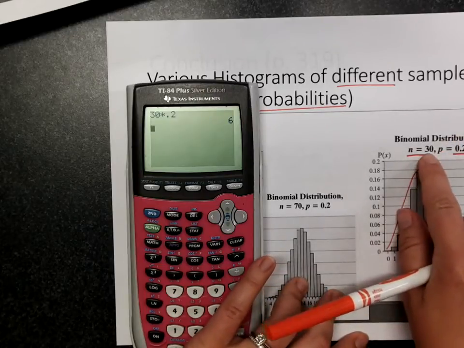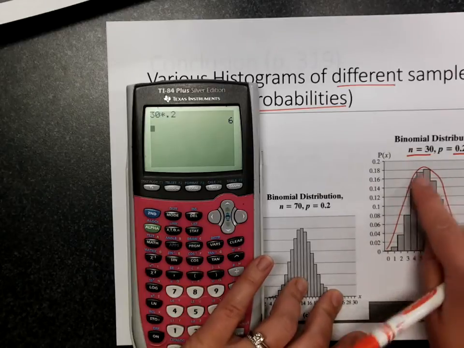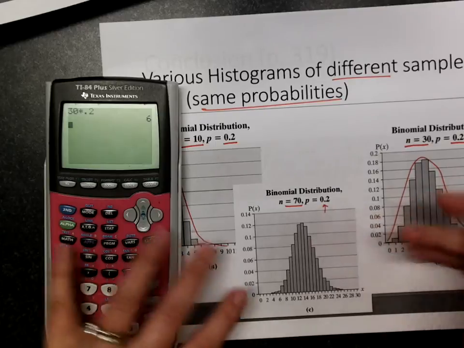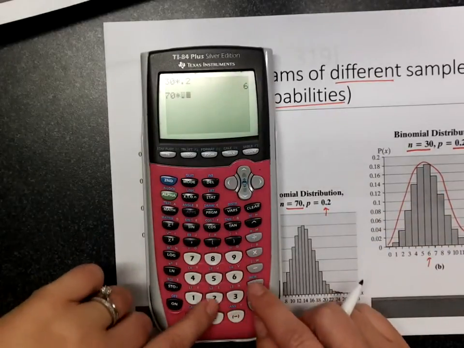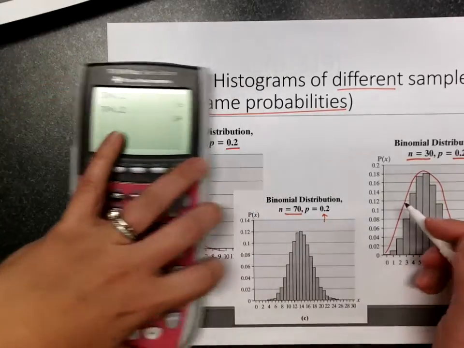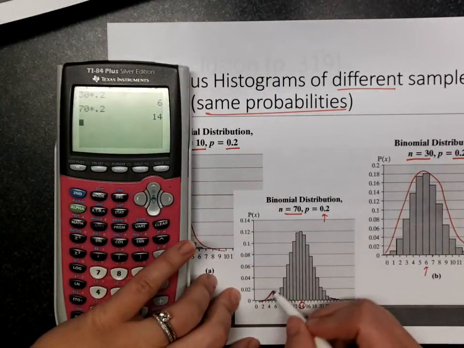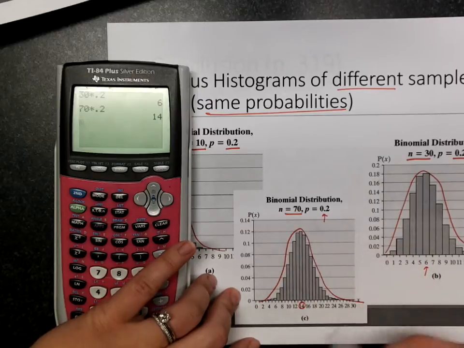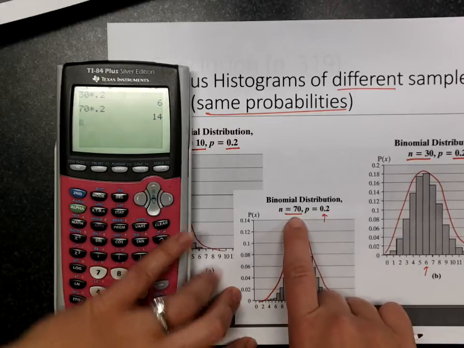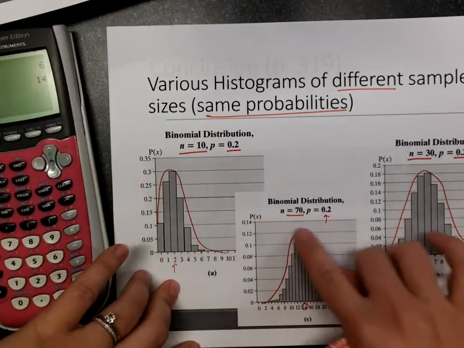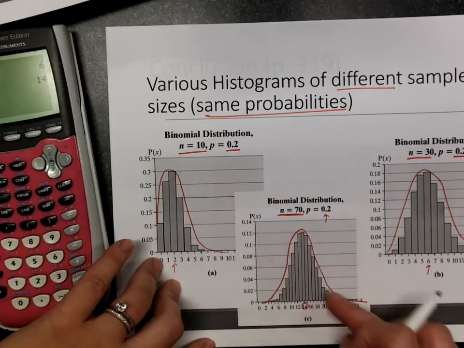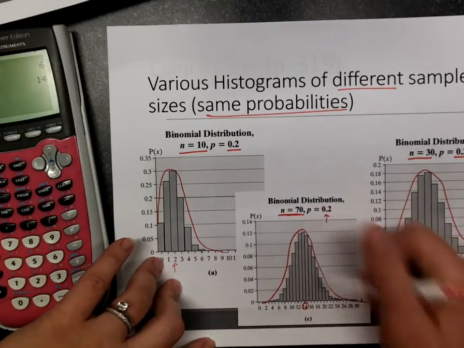Because I have a bigger sample size, I have a nicer curve. Here I have a sample size of 70, same probability of 0.2. I'm going to go ahead and do 70 times 0.2, and it tells me that the majority of the data should be around 14. Here's 14, and look how beautifully bell-shaped my data are right around 14. So the bigger sample you get, the nicer your histogram becomes. And the more you have, the more you can detail it out, and the nicer it will center around that